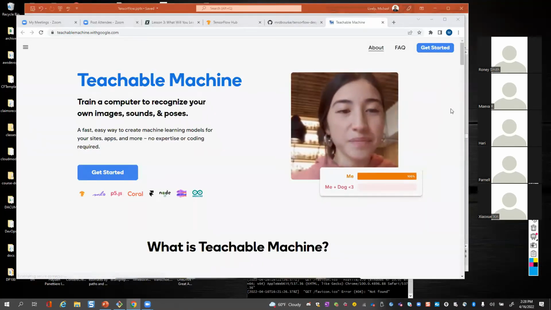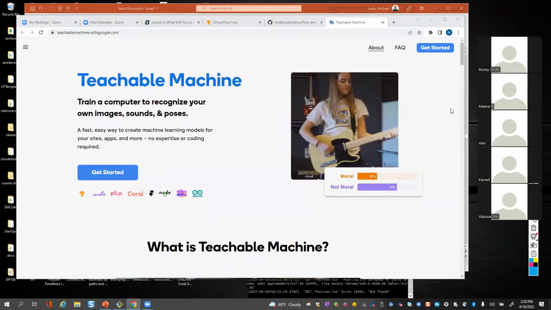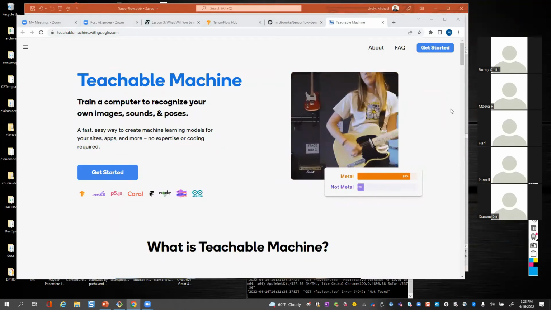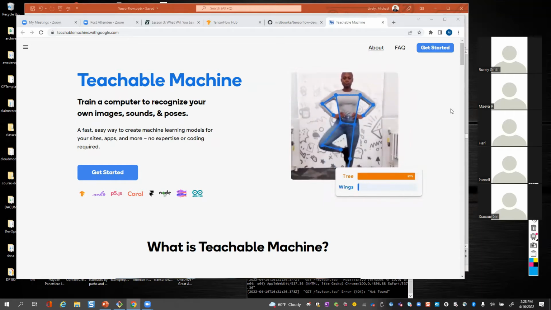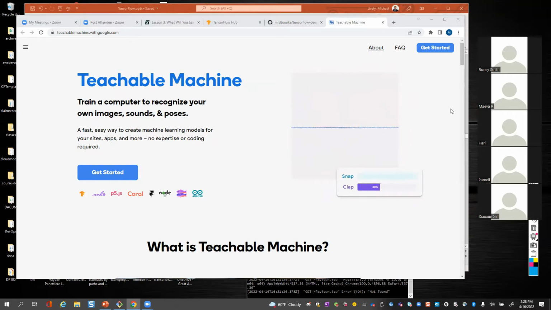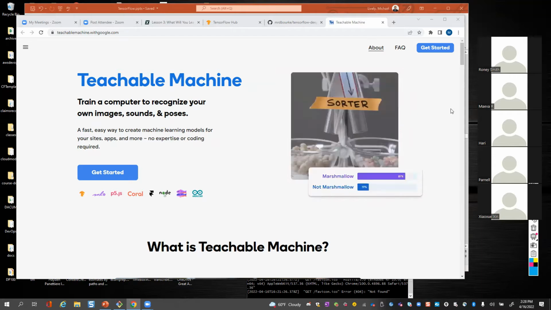Teachable Machine is an example of transfer learning. What that means is they already have a model they've created, and then you can adapt that model for whatever you want to use it for. When you adapt the model, you're kind of training the front end and the back end, okay? And so let's go ahead and do an example.